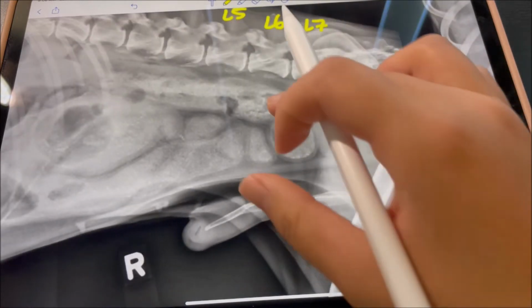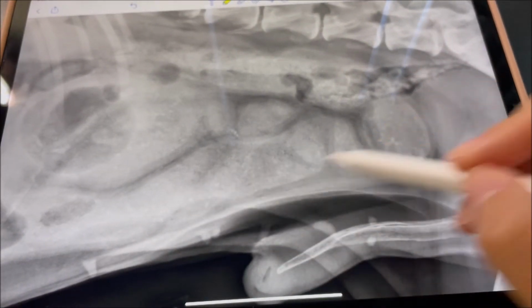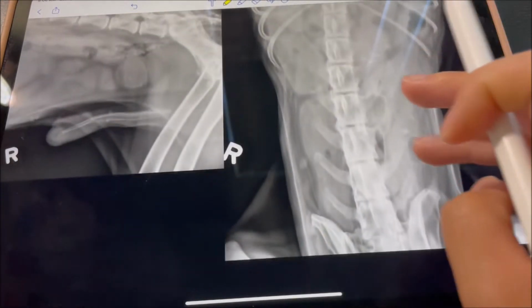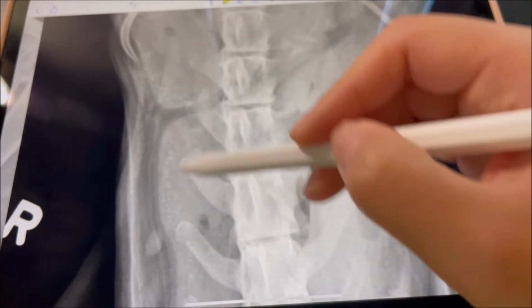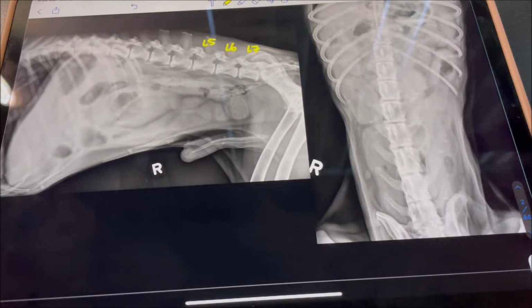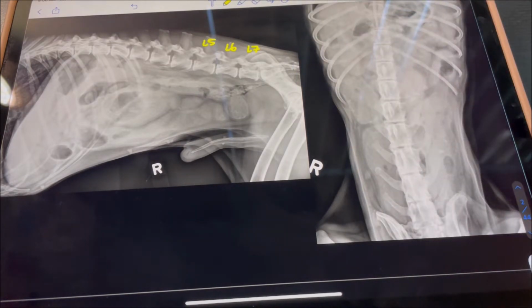All right, next we can notice, if we zoom in, some areas of increased opacity, also in this DV view, all along here. Those, what are they? They are gravel signs, and they indicate chronic partial obstruction because when you eat stuff, you're eating variably sized particles, and with the partial obstruction, you can imagine that the less dense particles as well as fluid would easily pass through, whereas the heavier non-digestible debris would settle in front of the partial obstruction and mineralize